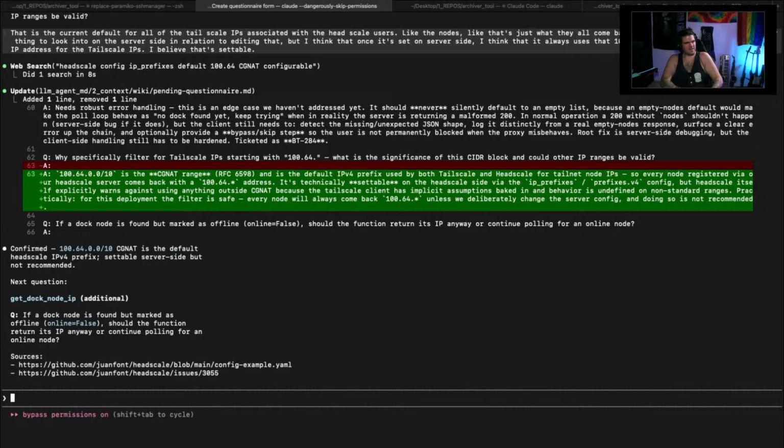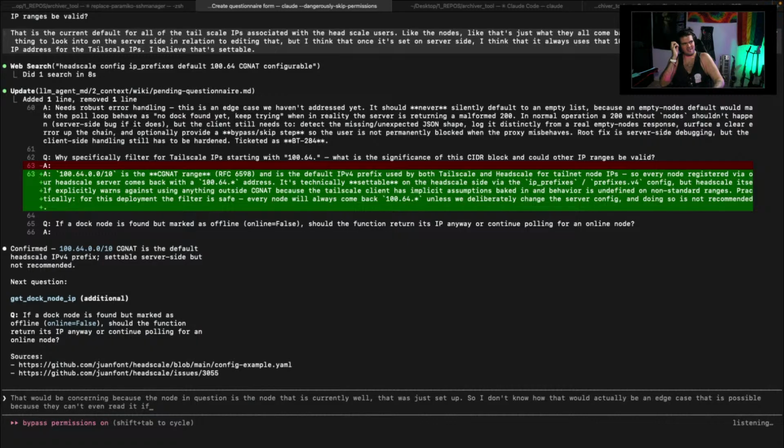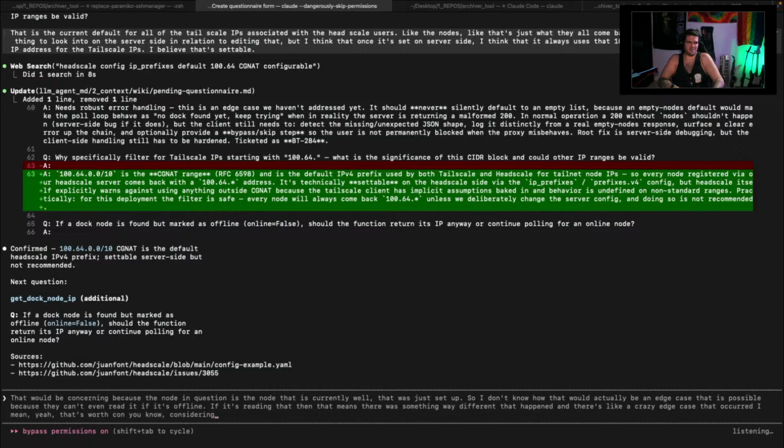If a node is found but marked offline, that would be concerning because the node in question is the one that was just set up. I don't know how that would be a possible edge case, because they can't even read it if it's offline. If it's reading that, then something way different happened, like a crazy edge case. I mean, yeah, that's worth considering,